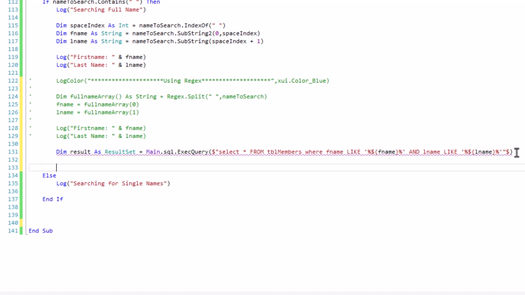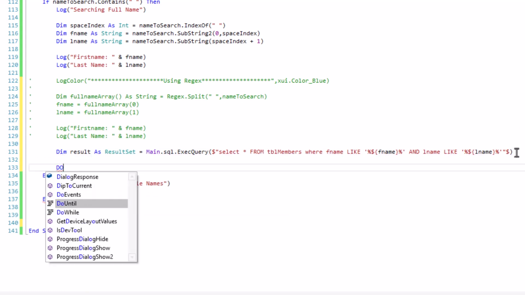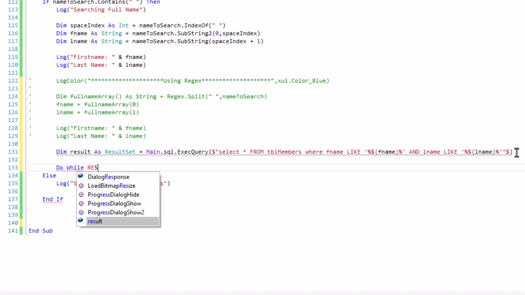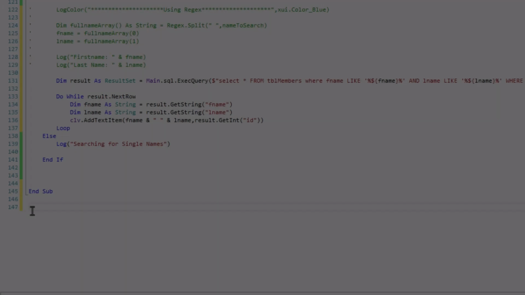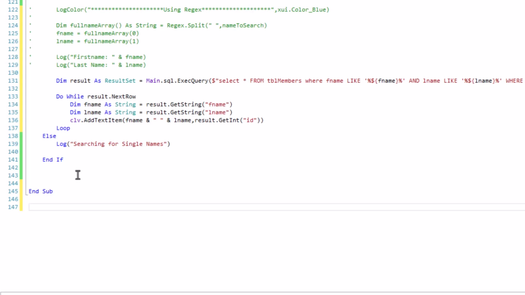Okay, so do while result dot next row. Okay, so this is for searching for full name,